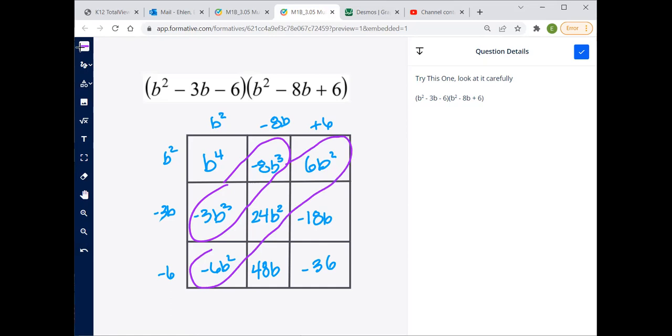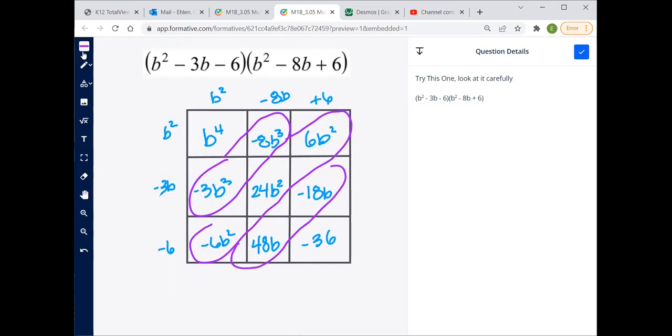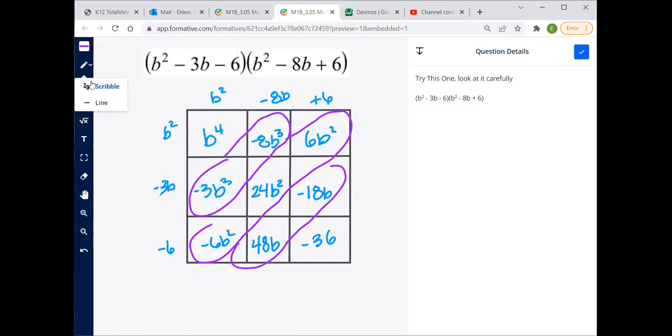And that's because the original expressions are in standard form. So that's kind of something that's a little nice about this box method. So you get b to the 4th, negative 3 plus negative 8 is negative 11,